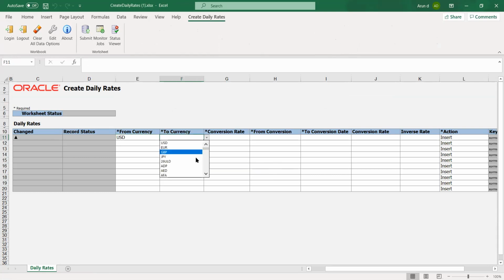So the only reason why we would go for an FBDI instead of an ADFDI is because of the performance, if we have lots of journals to enter, right? Yes. So maybe in a month I'll have total lines not even more than 1,000 or 2,000, so I can use ADFDI. FBDI is for something more than 10,000, 20,000 records. For those cases, we can go for FBDI. Other than that, we can use ADFDI.